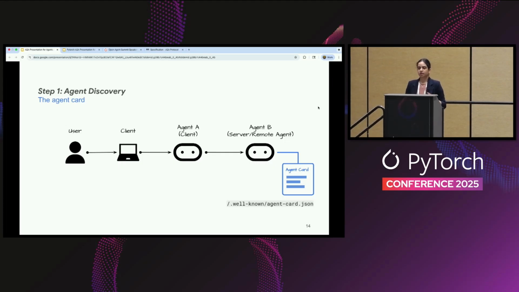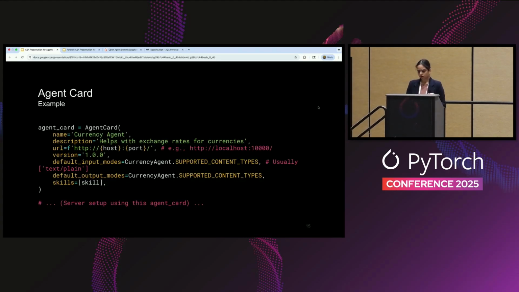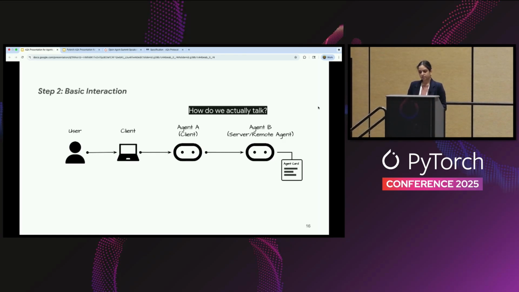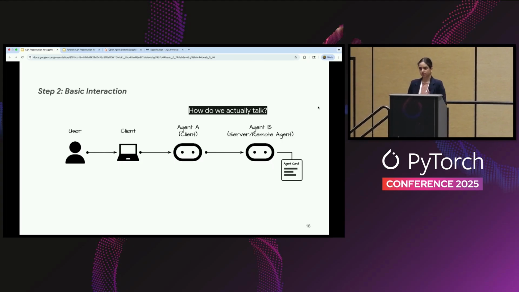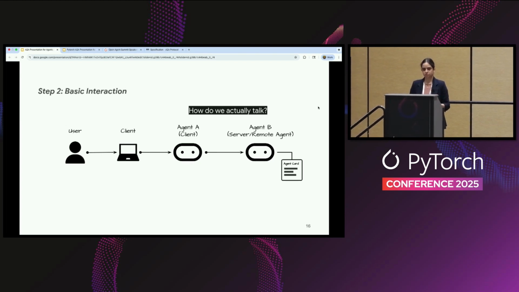It talks about agent B, it shares the endpoints of agent B, the description, the skills, the task that agent B can complete, if there are auth requirements, if it can support streaming. All this information is available via agent card. And as developers, you will have to write an agent card for your agent if you want it to speak A2A. Once agent A has discovered agent B and it knows that agent B is the right agent for that specific task, how does agent A actually talk to agent B?